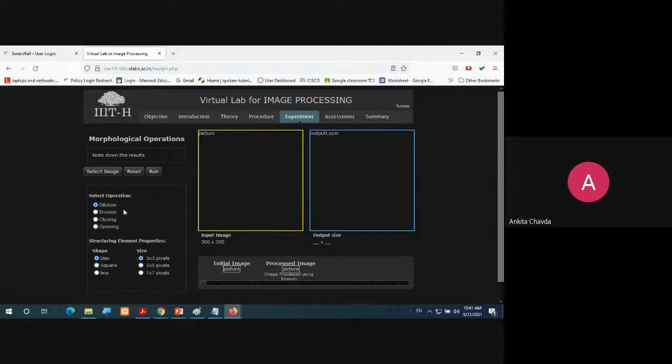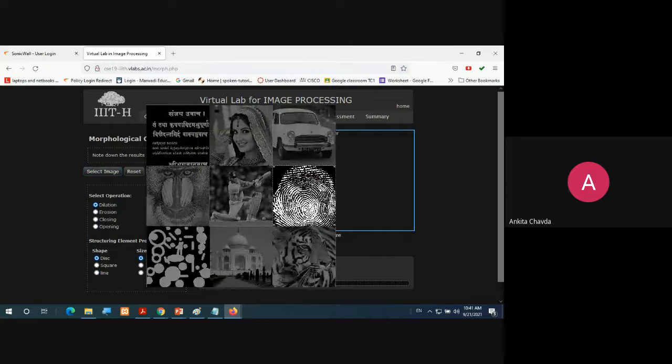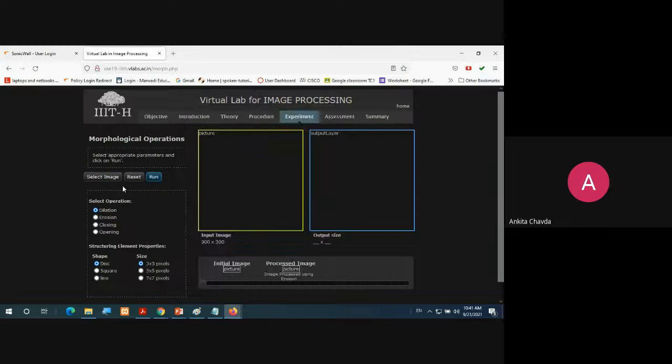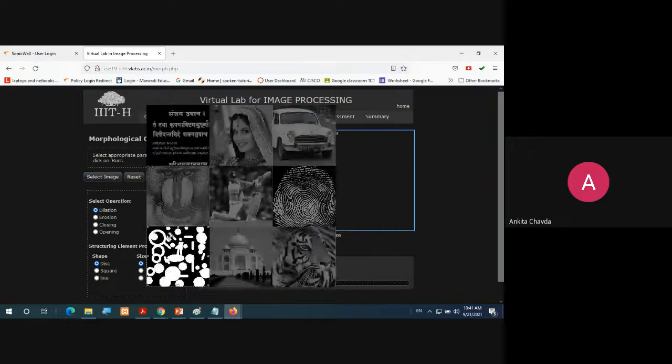Right, but you can just try what is dilation, erosion, closing, and opening. I have already shown you each and every image, right? You can select here the structuring element shape, that is of disk. So here it would be having one circle, right? This is the square and this is the line, right? When you choose these, you will get different effects. See here, we have circle, and here we have these lines. So see what kind of structuring element you are selecting, and in dilation and erosion, what you are getting.